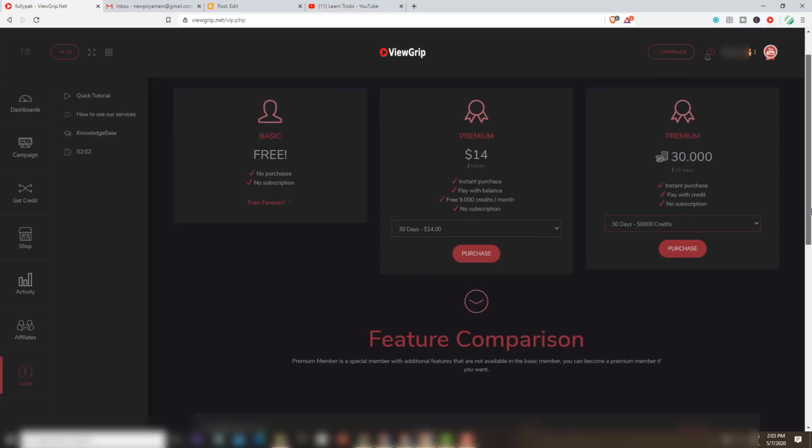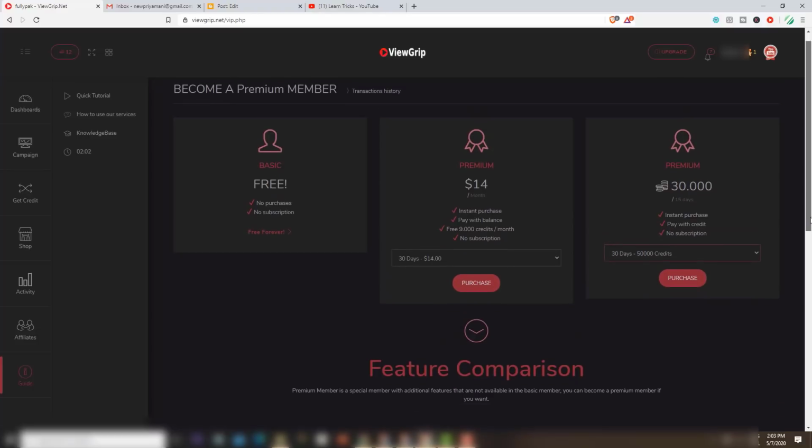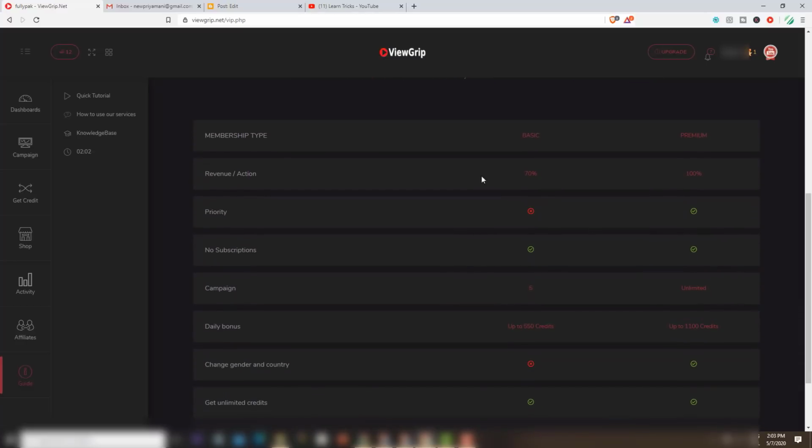These are the 3 memberships they have, and they give you some benefits here. Actually, these are the things you can get from the basic and premium options. You see, the basic option does not have priority options, and you will get the priority options here. In the basic membership, for example, you click on a video and are supposed to get 30 points for each video, but you only get 70% of that, and the rest they take. But if you have a premium membership, you click on any like button, you get 30 points straight away without any reduction.